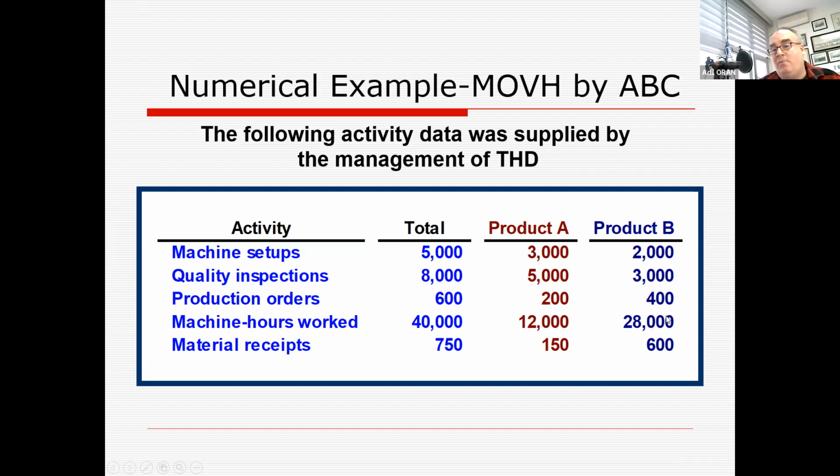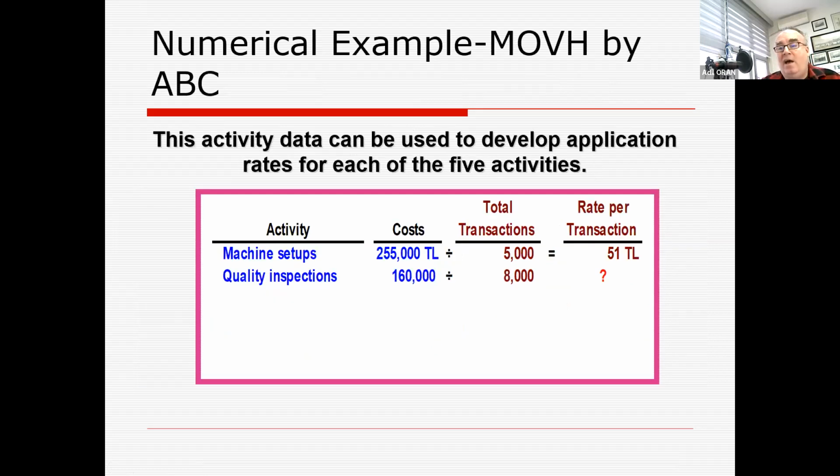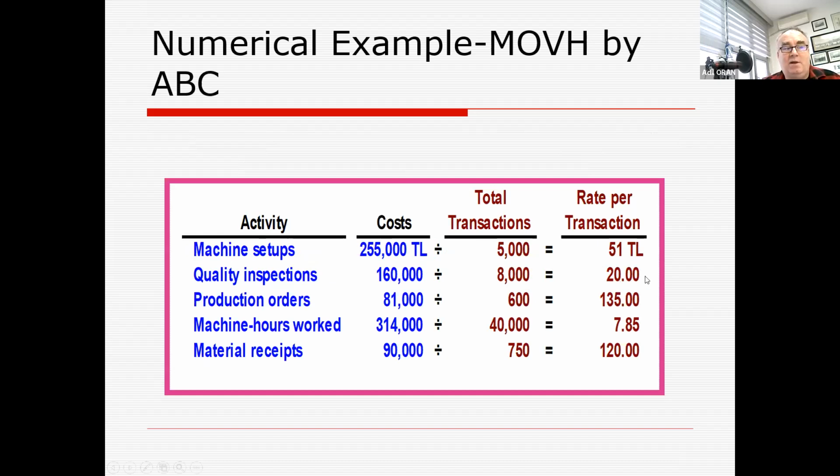B. So using this information, if we try to calculate the ABC unit cost, what we need to do is find the appropriate assignment for each of the separate types of costs. So for example, for machine setups, which had a total cost of 255,000, a total of 5,000 machine setups are done. So for each setup, 51 lira gets assigned, so that the 5,000 total setups at 51 will assign all this 255,000. Similarly, for quality inspections, if 8,000 quality inspections are carried out, then each of them costs us 20 lira. Production orders, 81,000, 600 of them done, 135 per production order, 785 per machine hour worked, 120 per